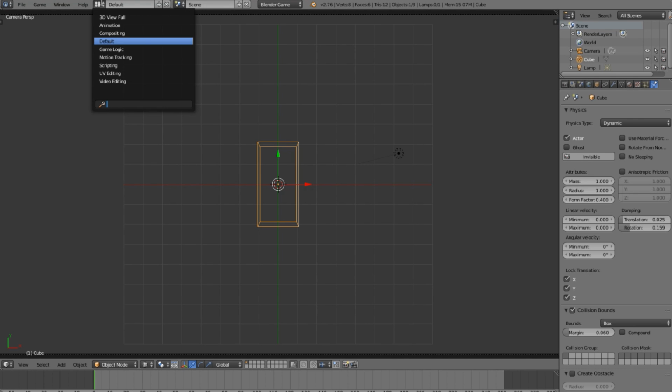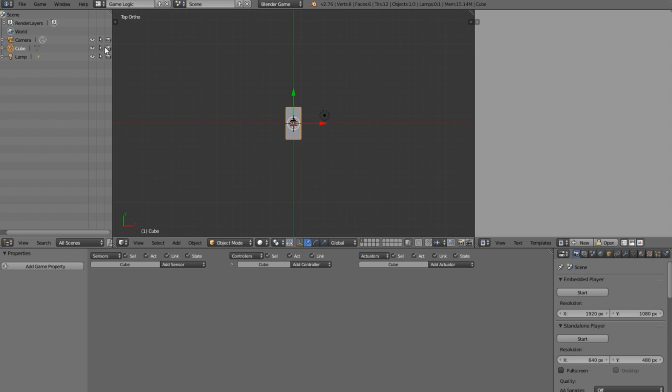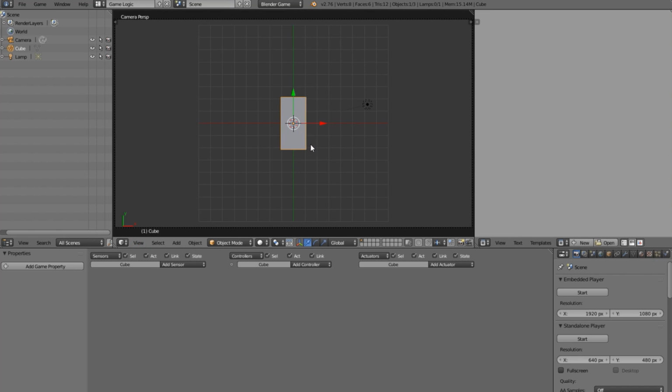So let's go ahead and change this from default to game logic. Now when you do that, you'll see we have our scene right here, and you're going to go into camera view. Alright, so now we're in camera view. So let's go ahead and set up the logic for this. The way we're going to set up the logic is we're going to add